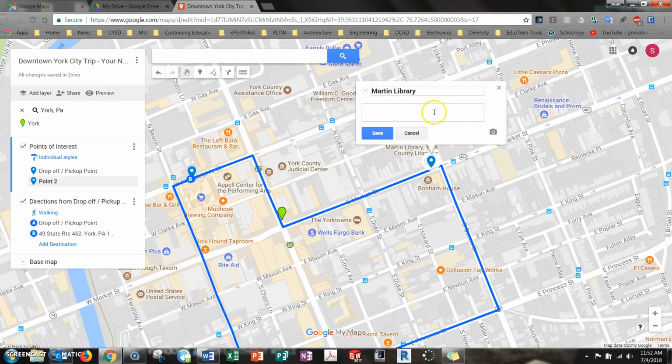Okay, now in the text box though, what I'd like you to do for each of your markers is list several things. One would be the year it was completed or built. Oops. Let me go back in there. The year built. We are also going to put in who it was built by, or the architect. If you can't figure it out, or it's unknown, then that's fine. You can put architect unknown, but really